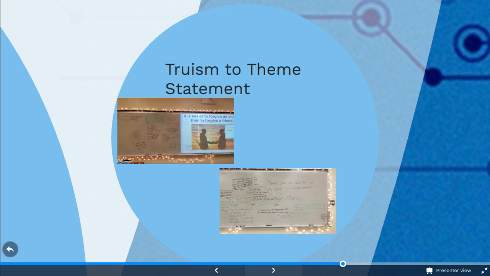So theme is something that was a real big issue when I broke down the district common assessment results. Theme was one of the things that our students were not getting. So in order to break that down, I created truism statements, and the students were encouraged to respond to them and pull out their favorite sentence. And so what you see on the board are those results, unedited, and it really helped the students understand what a theme statement is and also how to respond to theme statements in ways that are not trite.